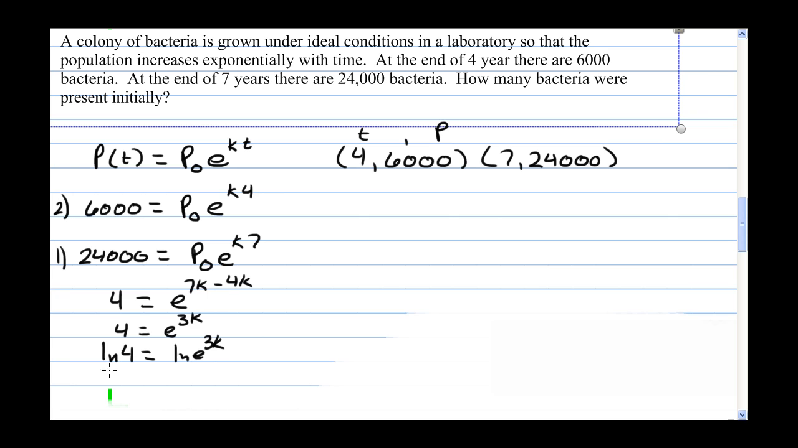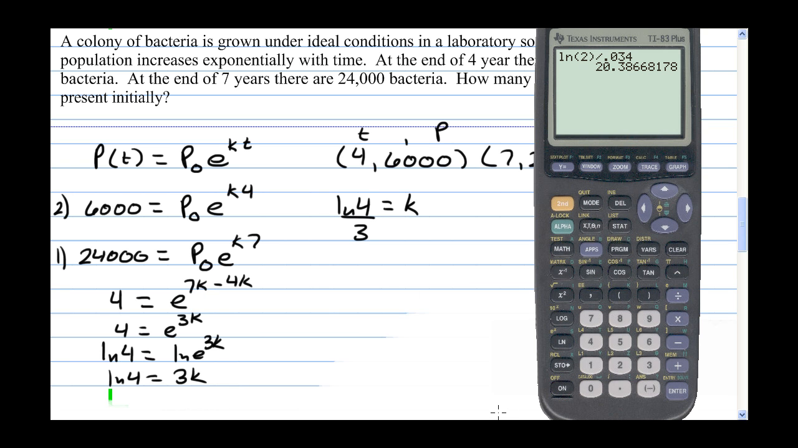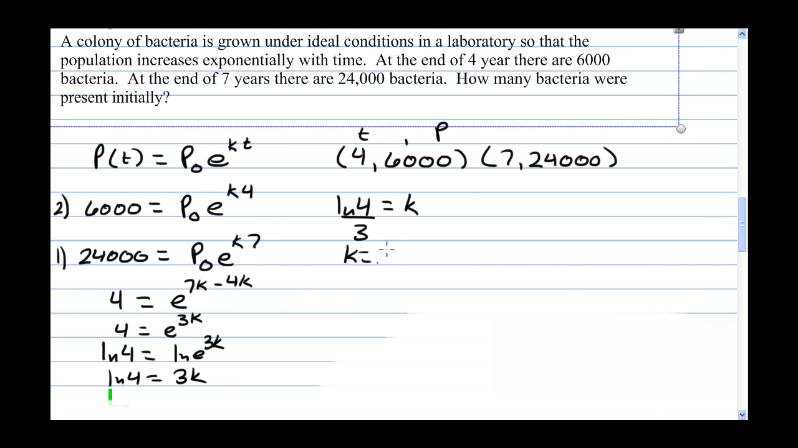Now natural log and e are inverse operations, so we get just 3k. So the natural log of 4 divided by 3 is going to be the k. So let's get an approximation for k. We have natural log of 4 divided by 3, enter, so about 0.462. So k equals